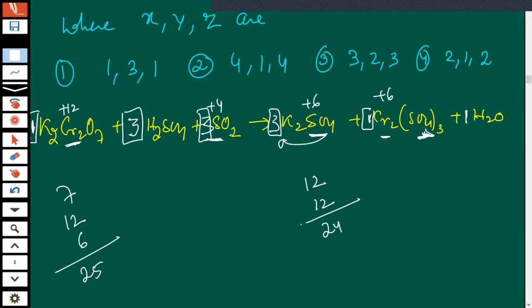But if one water is sufficient, just check, somewhere we are missing something. Then H2 is misbalanced. No, we have missed something. We have not balanced potassium. On one side potassium is 6, on the other side 2. Potassium is not balanced. 3 times 2 is 6, children. Okay, some problem is here. What happened?